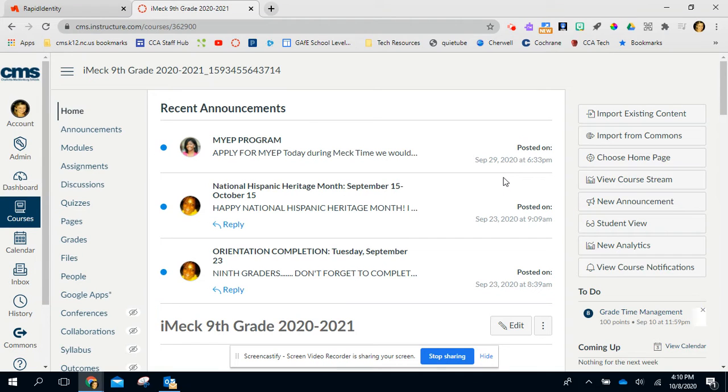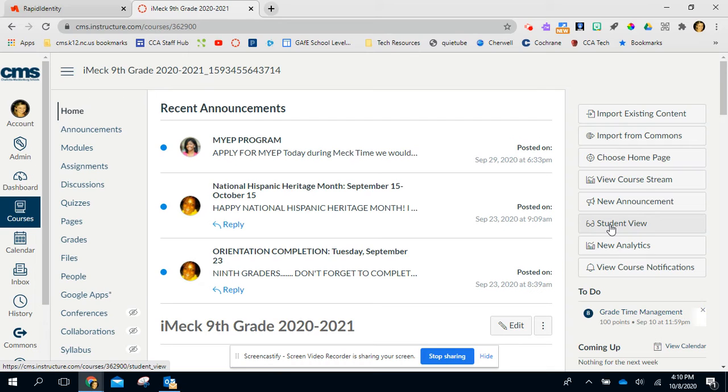Hi, this is Miss West, and I wanted to share with you some tips for navigation settings in your Canvas course. Some of the issues with students accessing material really comes down to course navigation and you as the teacher making sure that it's very clear where to go to access material, as well as making sure the material is linked properly. So the first step that I want to make sure that you understand is how to use